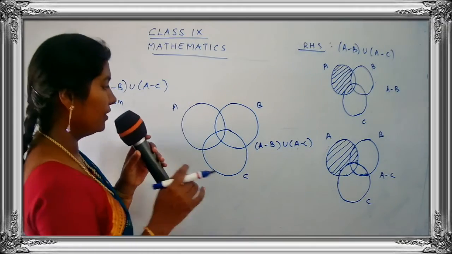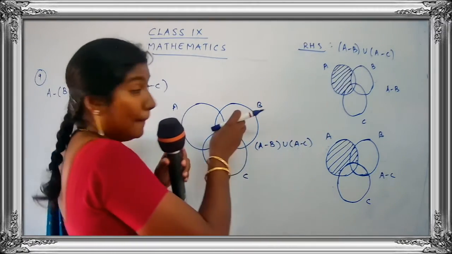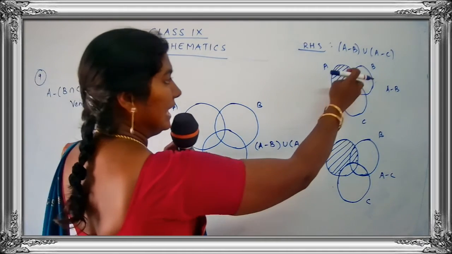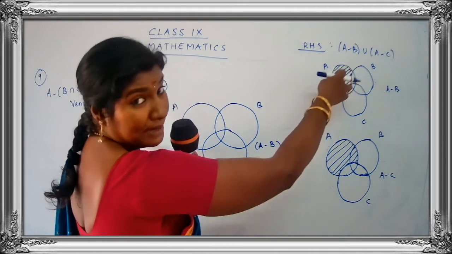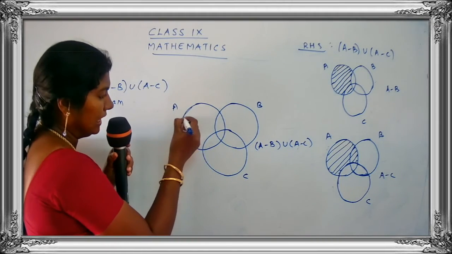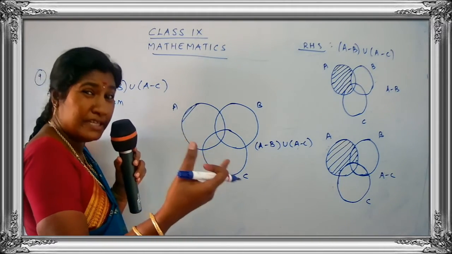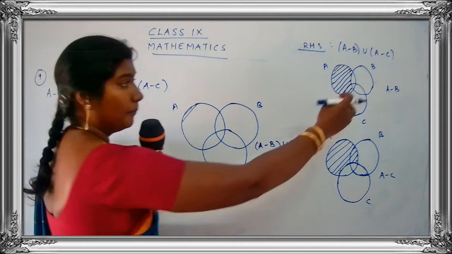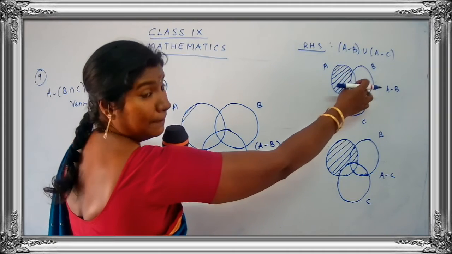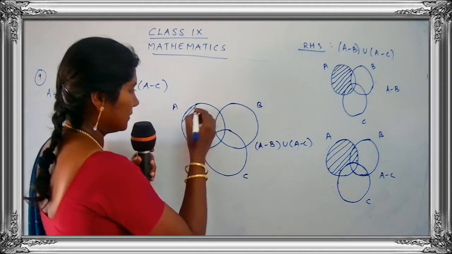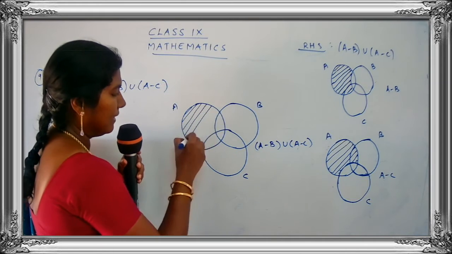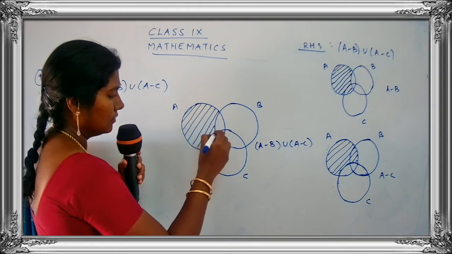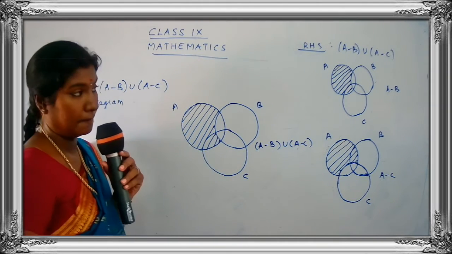Okay, children, let's go with the work here. So you are going to combine. So first of all, I am going to see the A part. Okay, children, in the A part, only the A part is shaded. So I am going to shade only the A part. Only the A part means only A. Only A means you don't have the B part. So just take the A minus B part first. So I am not going for the B part. So I have taken A minus B.